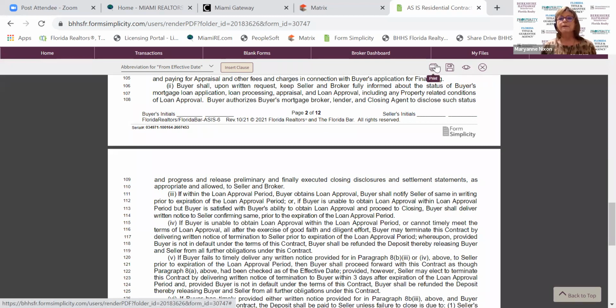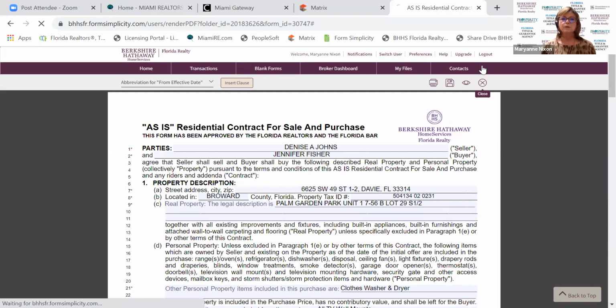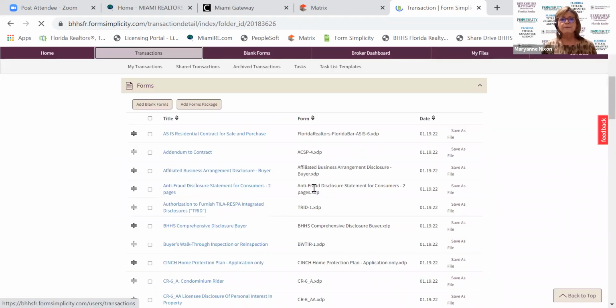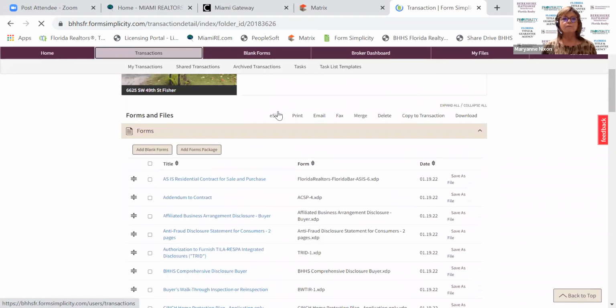And then the other tool up here that you need to use is to print. So your print, save, and close is all right here. So we're going to go ahead and close this out. Okay. Then I have in the forms